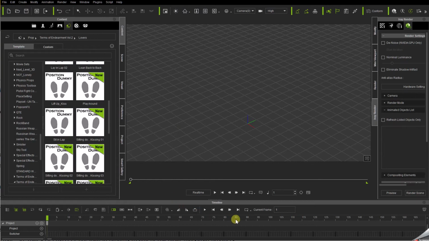If you apply them later on in the timeline, what you'll see is the later part of the motion, and if you rewind to 0, then you'll see the motion from the beginning. So what I'm going to do to make them work is apply a position dummy first, and this is from the Endearment Lovers pack. And then I'll go to my characters,